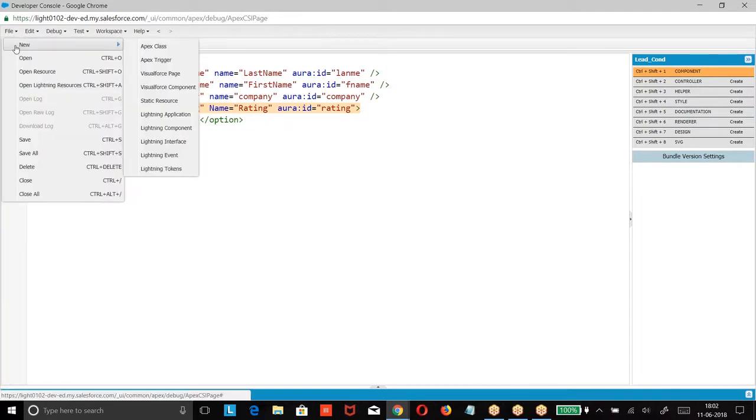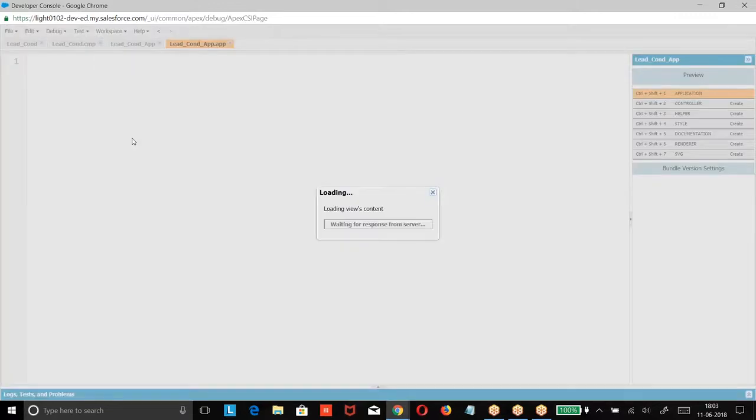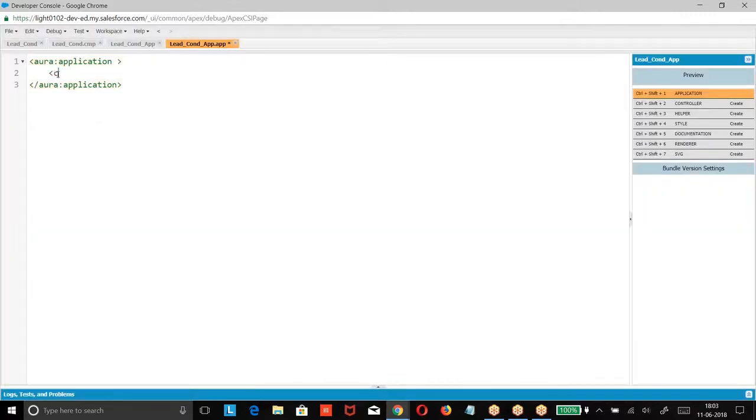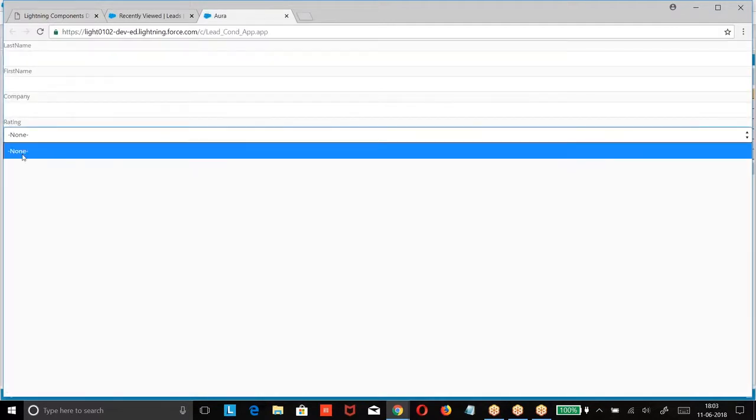Now I want to display this within an application. How do you display this? See, read. Then we are giving extends. Have it. We are getting. But what was this? Rating we are getting. Now, whatever the options are there in the lead object, same options I have to get